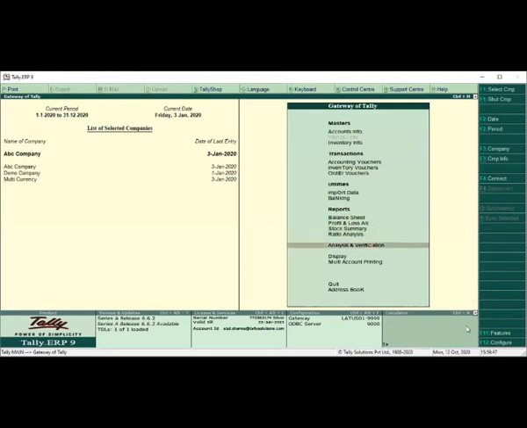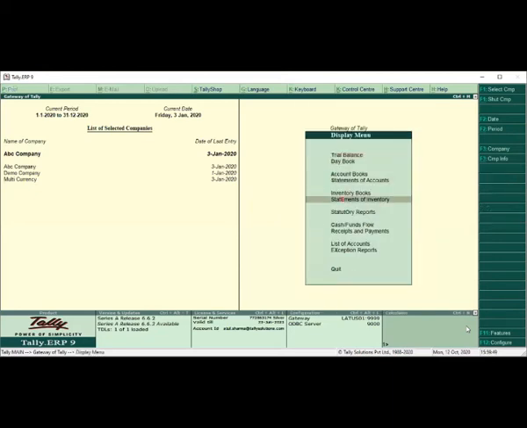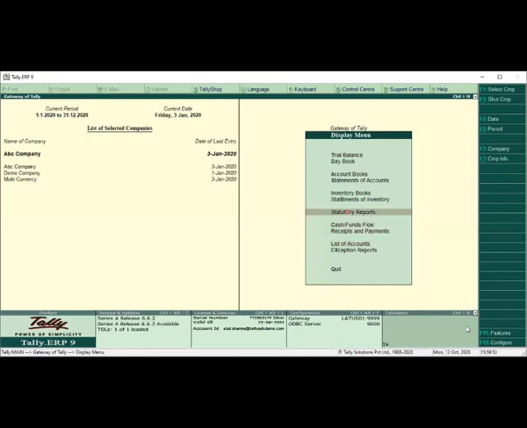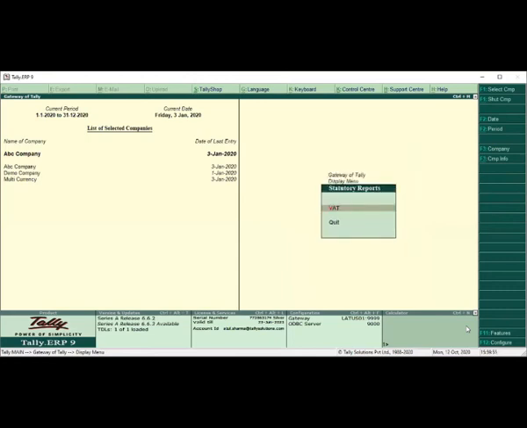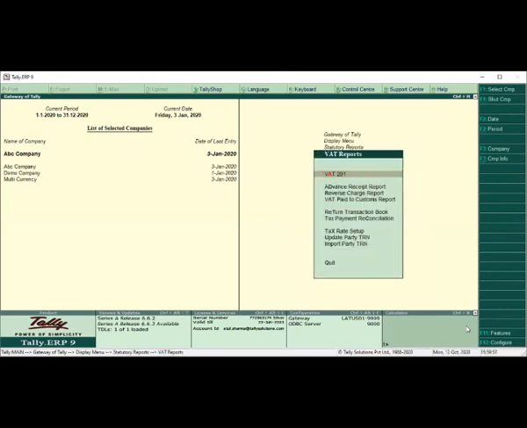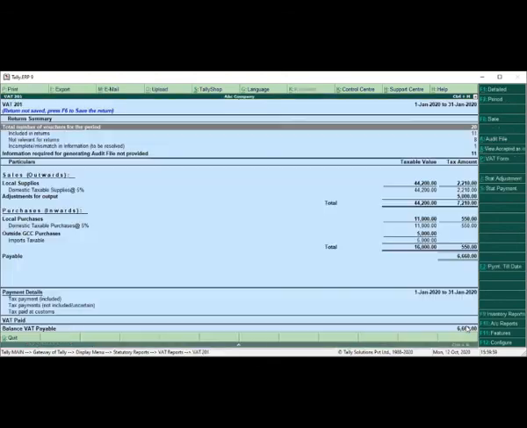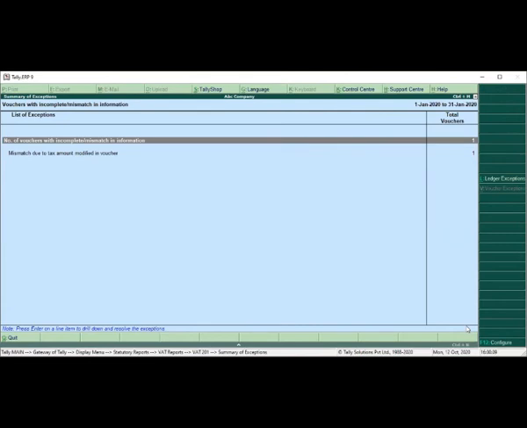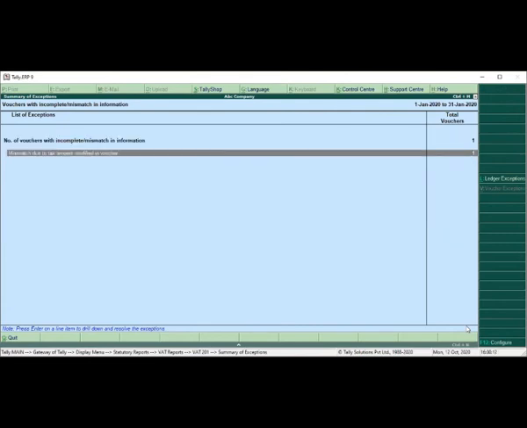I'll go to display, list of accounts, statement of accounts, statutory report. Go to VAT, in the VAT you can go to VAT 201 form. Here you can see the transaction is reflecting in incomplete mismatch in information. If you press enter, you can see tax mismatch due to tax amount modified in voucher.